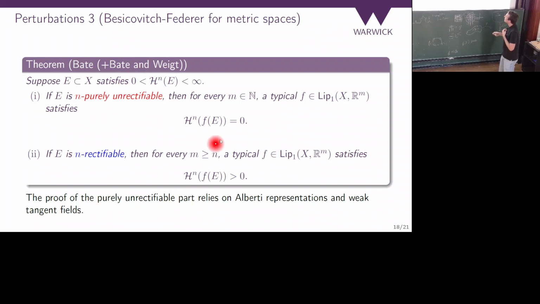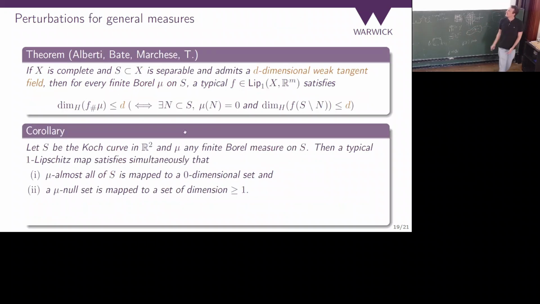And this question of whether you can get dimension reduction, well, we can get it up to a null set, right? But of course, this gives you the same thing. Up to a null set, this is empty. So once we allow ourselves to throw away null sets, whether you can push forward f of E into something of small dimension becomes entirely trivial. And so it doesn't solve this problem. It doesn't. But it's still a very nice measure theoretical statement, right? If you're not interested in sets, but you're interested in measures, this really gets you everything.